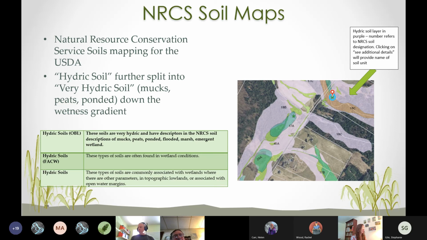And then there are some wetlands that are a little bit more hydric than others as well. And then there are just sort of the run-of-the-mill hydric soils, which may have inclusions, and they tend to be coarser soil units, but they can be really helpful depending on the landscape position that you find them in.